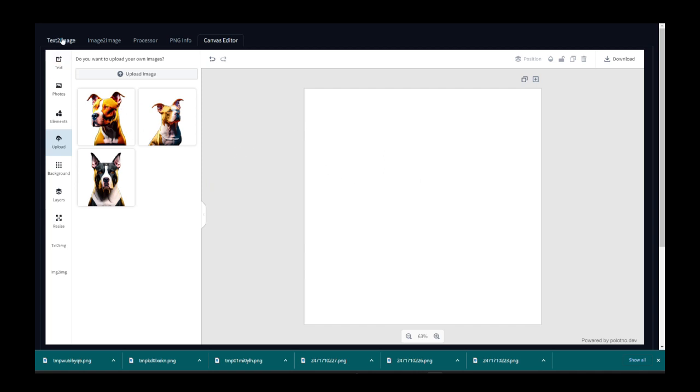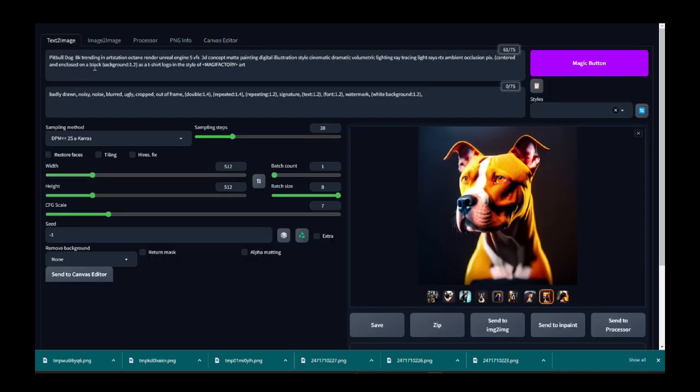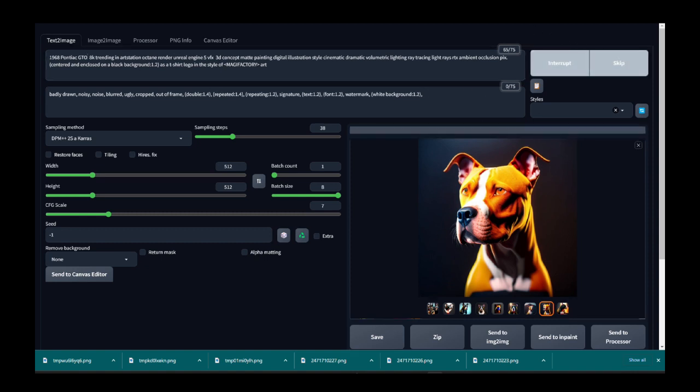Now that I have them, I'm gonna come back over here to my text to image. And for pit bull dog, I'm gonna go ahead and get rid of that. And I'm gonna type in 1968 Pontiac GTO. Leave everything else exactly the same so that it stays exactly the same type of artwork. Hit magic button again. And the reason why I want to do these separate, for one, it's easier to get the AI to give us what we want simply because oh,